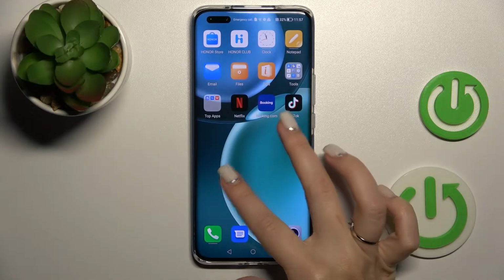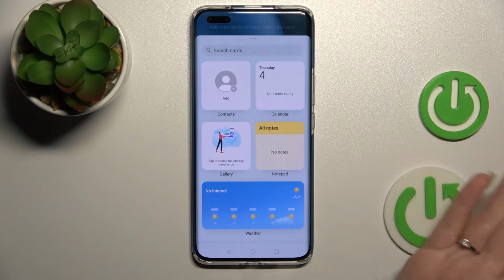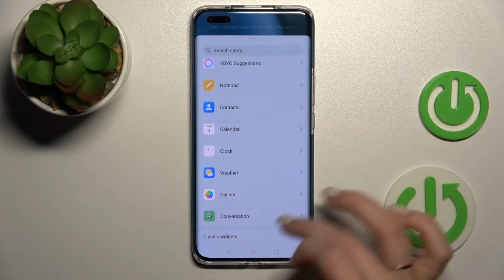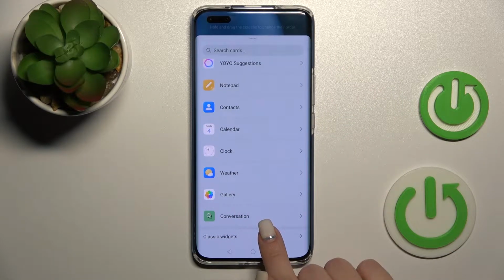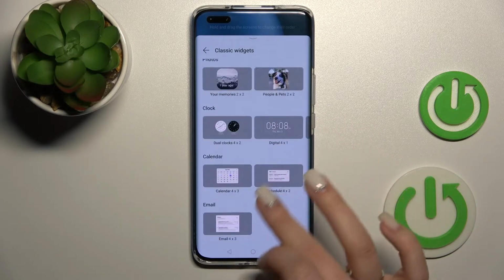So first, let's just swipe with our two fingers to the center at the same time, and then you'll see here the card section. This means the widgets. So here we can see all the available applications which widgets we can add. Also, we can click here to classic widgets, and here you'll see more applications